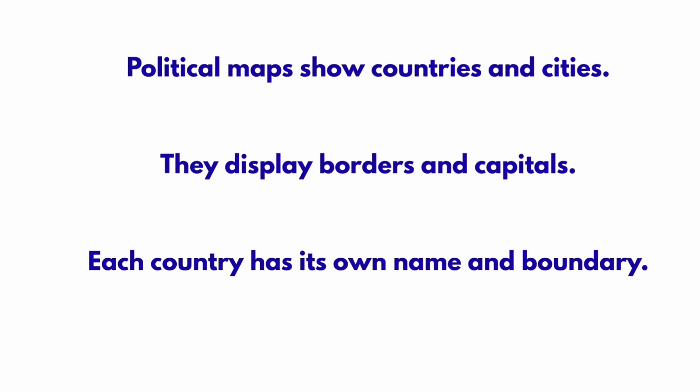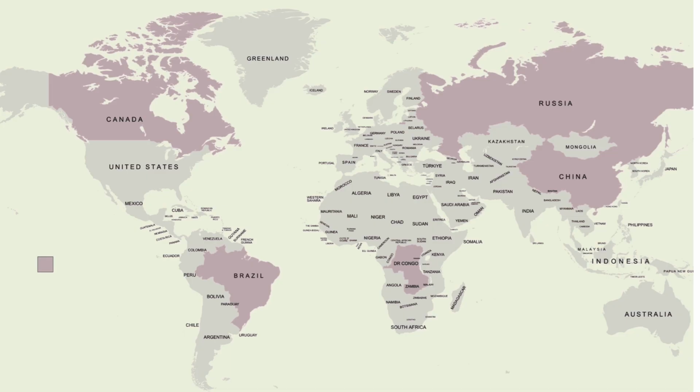Okay. So now what are the parts of a map? The title shows what the map is about. The legend explains what symbols and colors mean. The scale shows the ratio of map distance to real distance, and the compass shows the directions: north, south, east, west. So why do we use maps? On a physical map you can find the mountains, rivers, oceans, deserts and forests. On a political map you can locate the countries, capitals, borders and regions. Maps are essential for navigation, learning geography, planning travel and understanding the Earth's features.